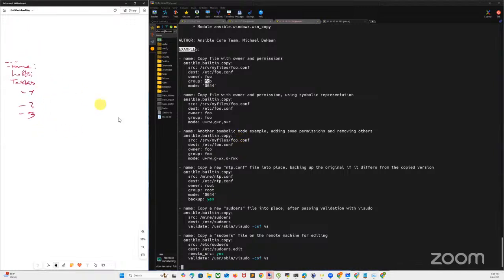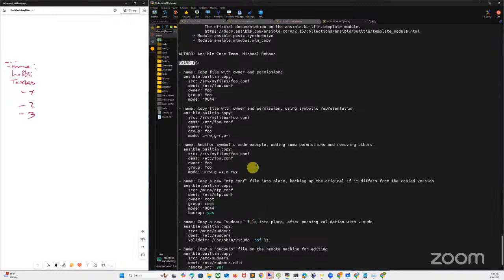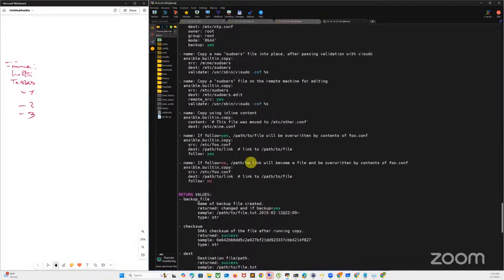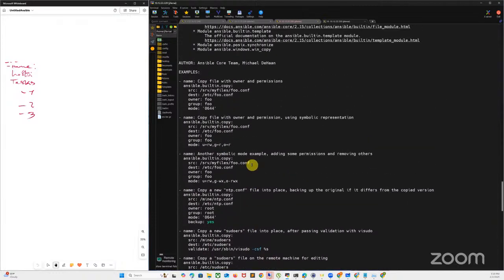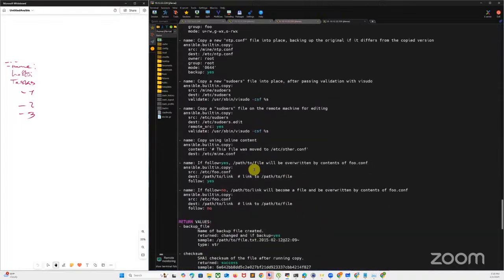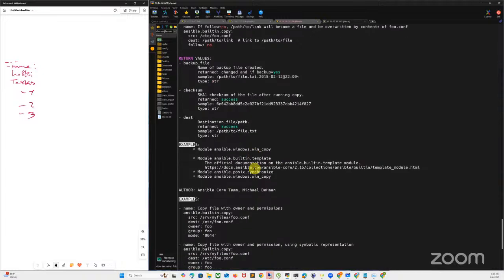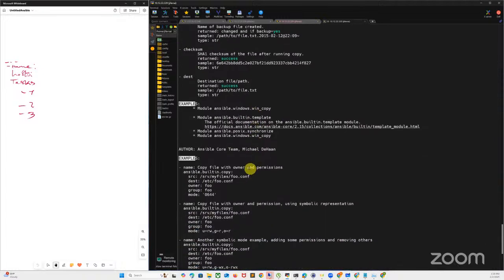Okay. So these are some of the examples, right? Now, for example, if you want to create a playbook that will copy a new ntp.conf file into place, these are all the settings that you can set. You can do a lot of stuff with this. Every module has examples that you can look at and it will show you how to use that module. Is that understood? Now,